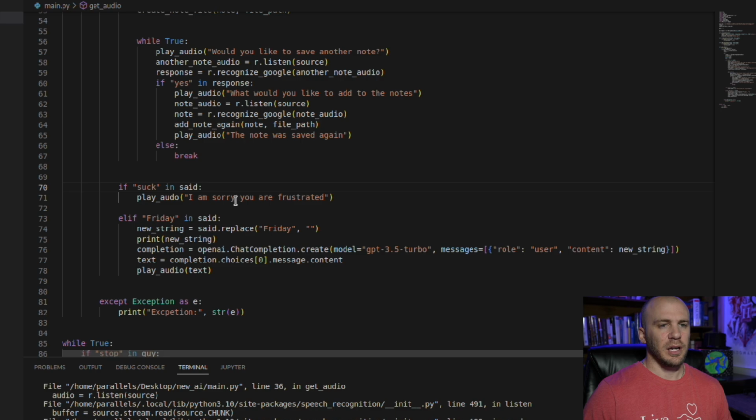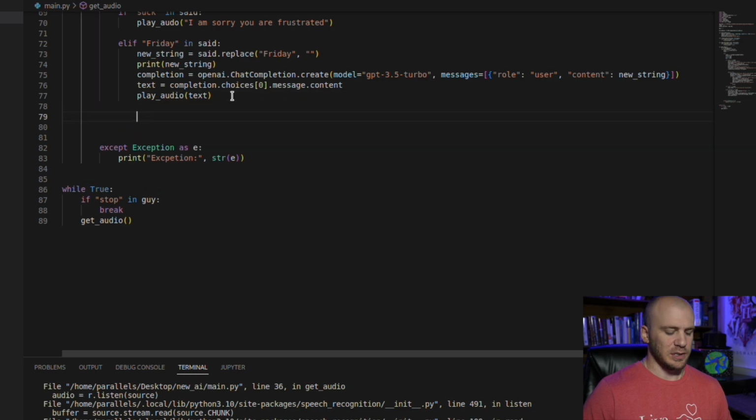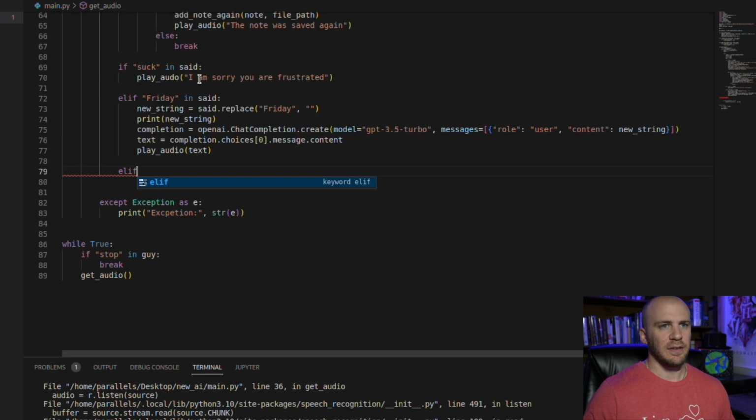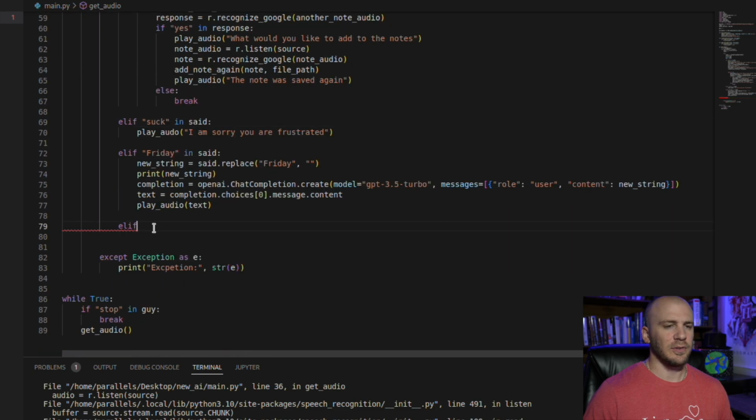So we will come down here. We're going to add another elif statement. We'll just add all this at the bottom so that way it is easier for us to see. So we can just say like elif, and if you notice, I actually have like this if right here. It could be an elif, and I think that's it. Okay, so we have this elif right here. Elif we say something else, we're going to want our program to do something. So we can say elif screenshot